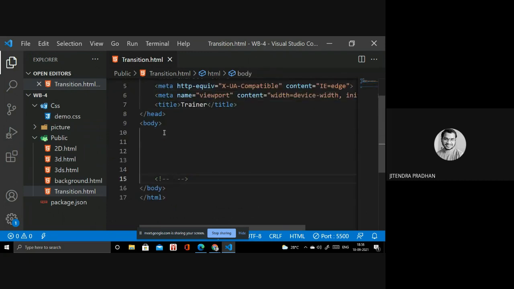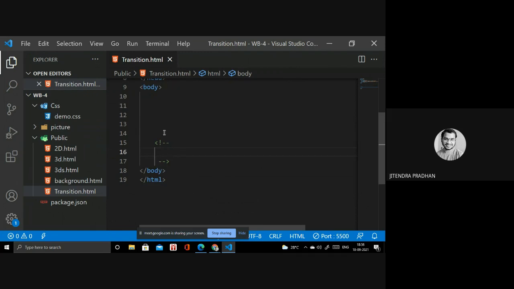First, to control the behavior of the particular CSS transition, we are using timing and we have duration. It's not a spelling mistake, I think. Duration. Yeah, done. These are the two behaviors we are using, and we have property as well in the transition.